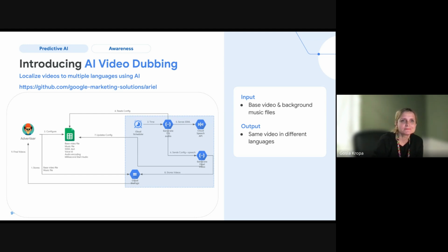And of course, run a quick quality check. You can ask your bilingual colleague if the dubbing sounds natural, and chances are they will be impressed with the quality. I did listen to the English version, and I must say it does have that lovely marketing flow and is very, very engaging. So give it a try.